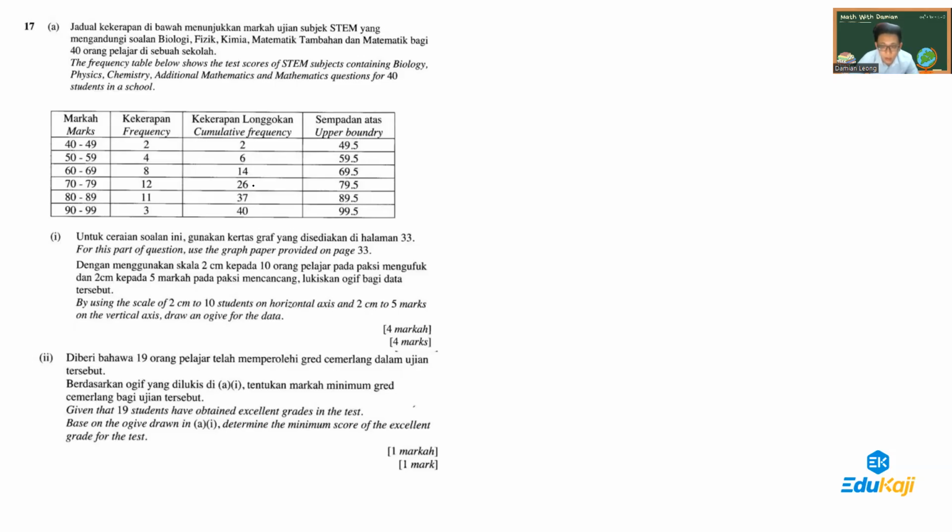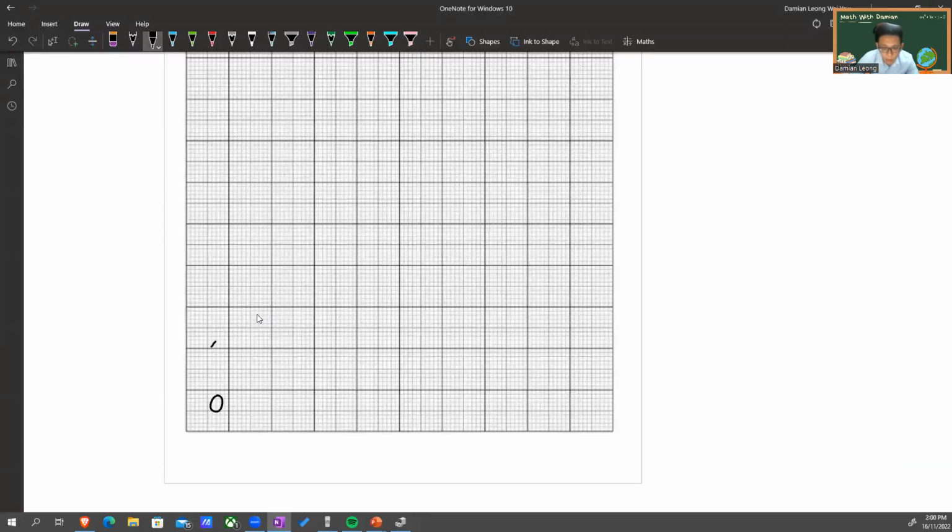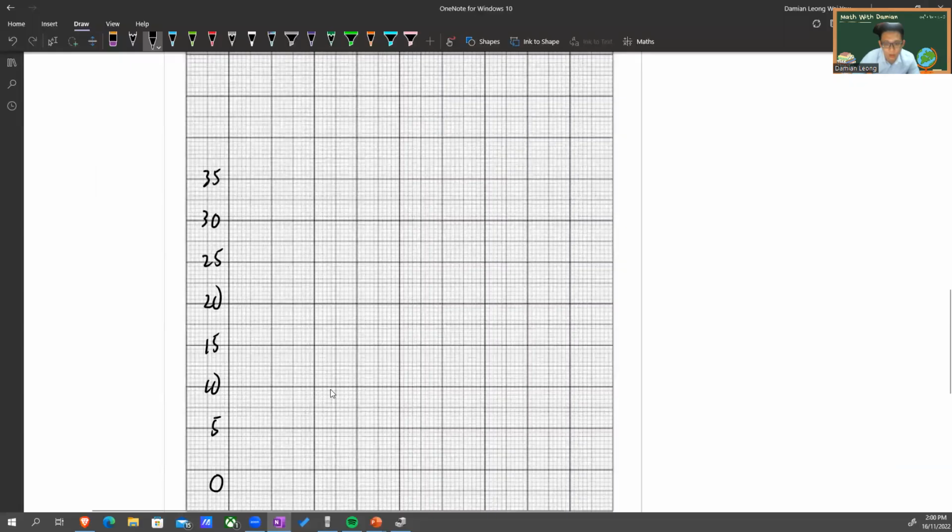Okay, so cumulative frequency, each box 5. You have to go up to at least 40. 0, 5, 10, 15, 20, 25, 30, 35, 40. Basically, you just need to make sure it goes up to 40. Cumulative frequency. As for the horizontal axis,